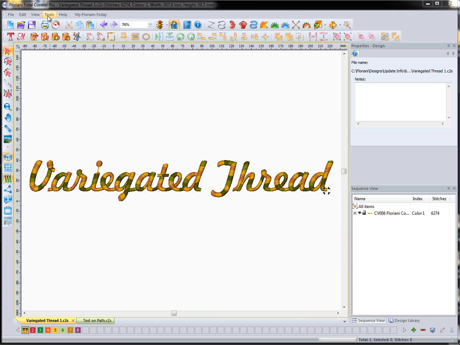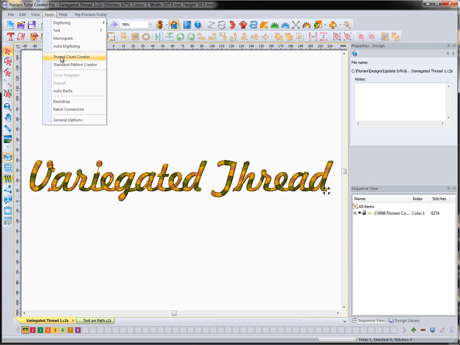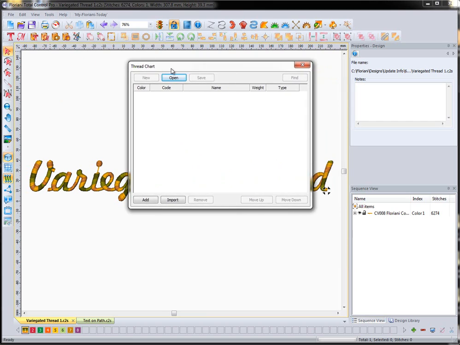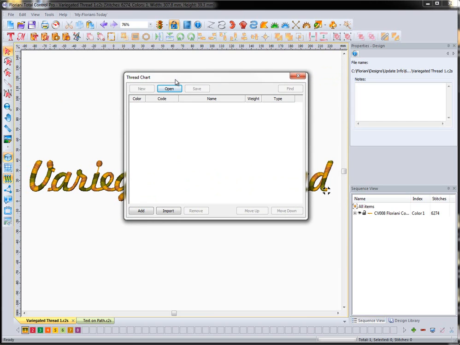You go up to Tools on the menu bar and select Thread Chart Creator. This will open up the thread chart window. You can select to add a color. You can even open up other thread charts, but we're going to go ahead and add a color here. And the difference that you'll find in the thread chart creator now in this latest update is that over here